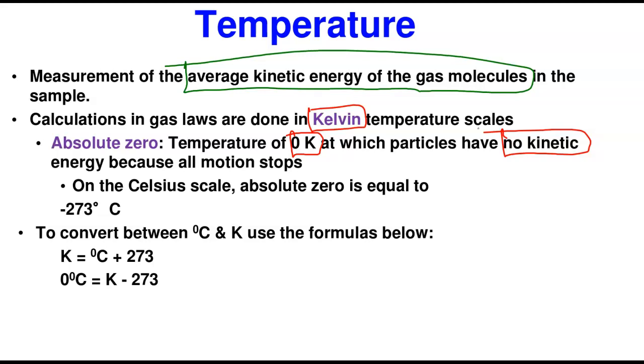And we use this to derive the formula for converting between Celsius temperature and other units of temperature. So remember, to convert from Celsius to Kelvin, you add 273 to the Celsius temperature, and it becomes Kelvin. To convert it back, you have to subtract 273. Remember, we did this in the earlier chapter of this class.